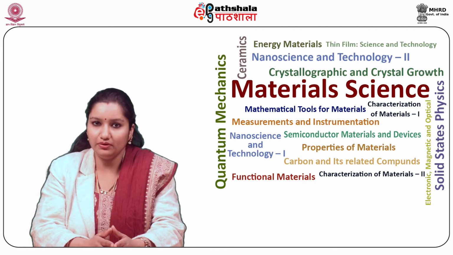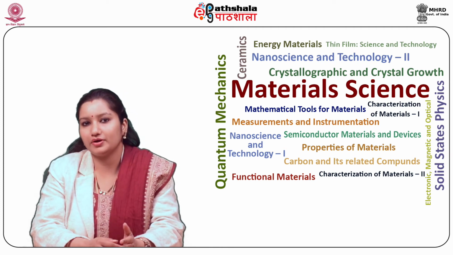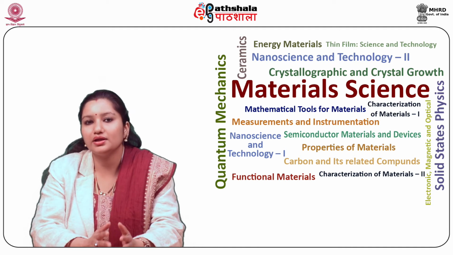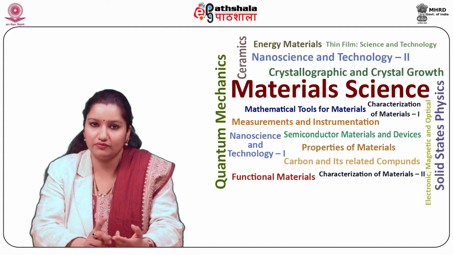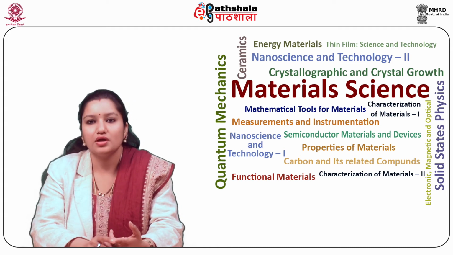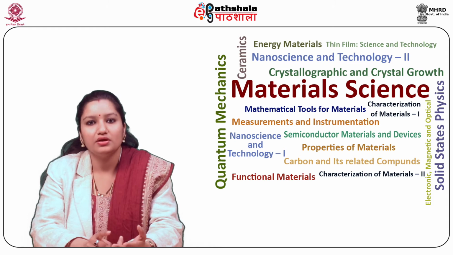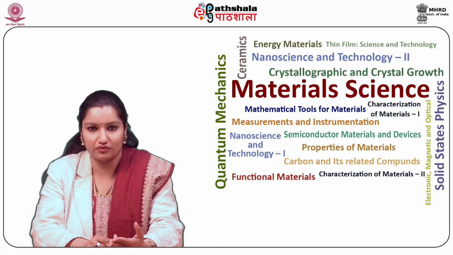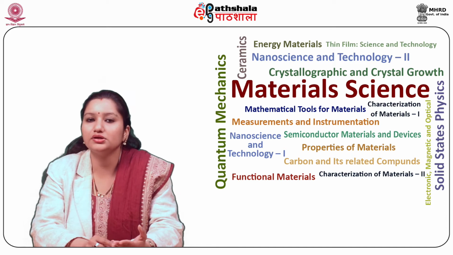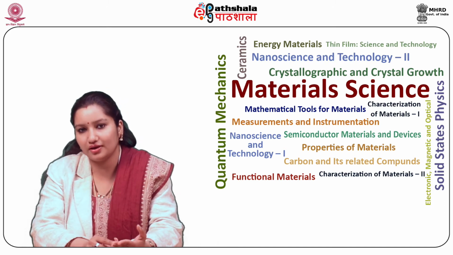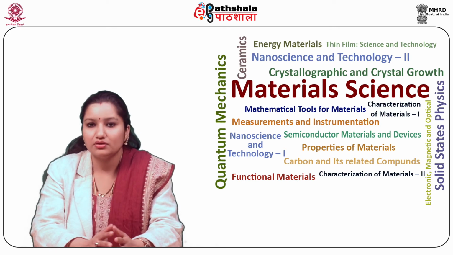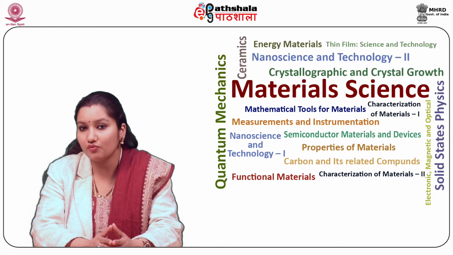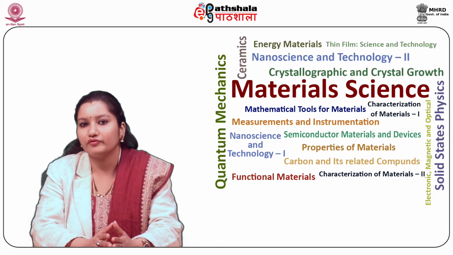The next part is the sample. The beam from the condenser aperture strikes the sample and the electron-sample interaction takes place in three different ways. The first way is the unscattered electrons, which are called a transmitted beam. Second is the elastically scattered electrons, that is a diffracted beam. And the third is the inelastically scattered electrons. The next component is the objective lens. The main function of the objective lens is to focus the transmitted electron from the sample onto an image.